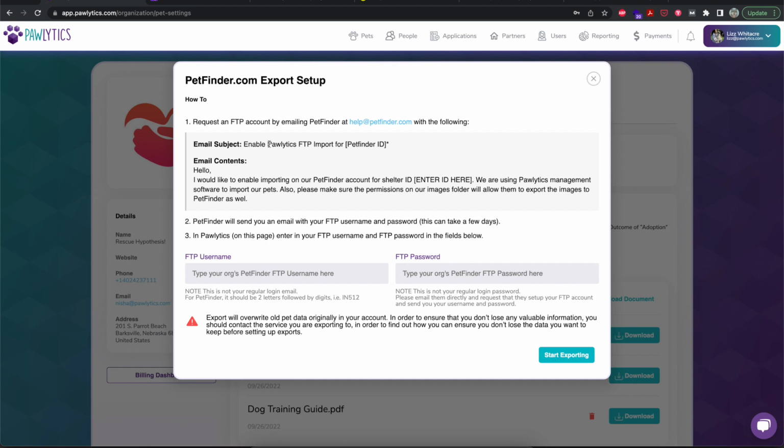And so how you'll set this up is you need to request your FTP account by emailing them here. I've pre-written an email to make it a little bit easier. Make sure you change the spelling as well. And then they're going to email back with an FTP username and FTP password. This is not your Pet Finder Pro login information, so do not enter your Pet Finder Pro login here. You do need to email them to get the special FTP username and password that you'll enter in here, and